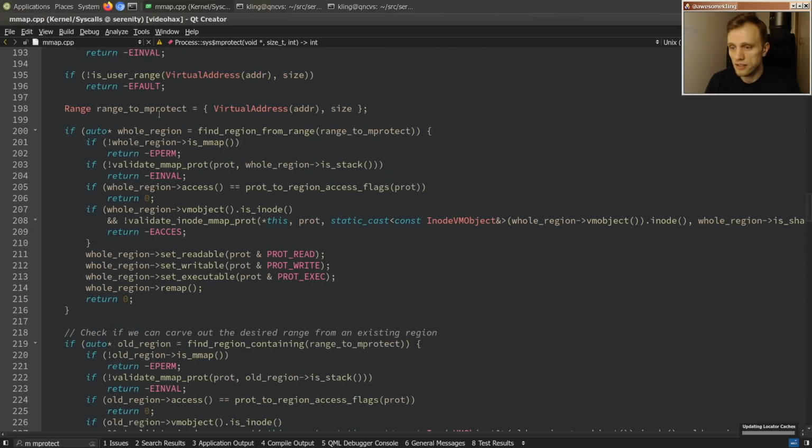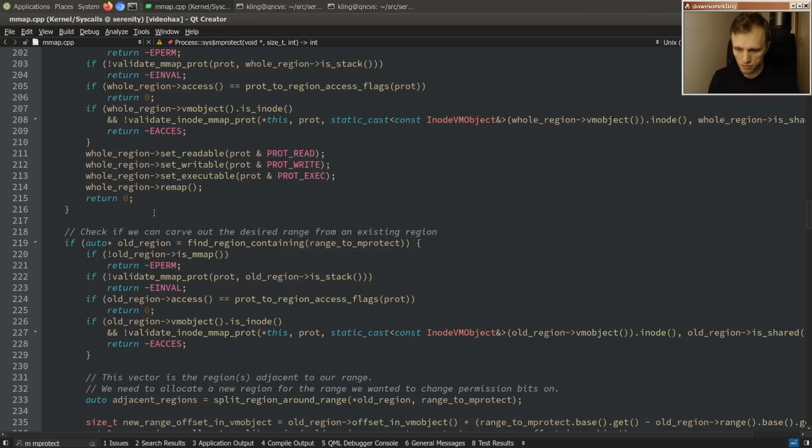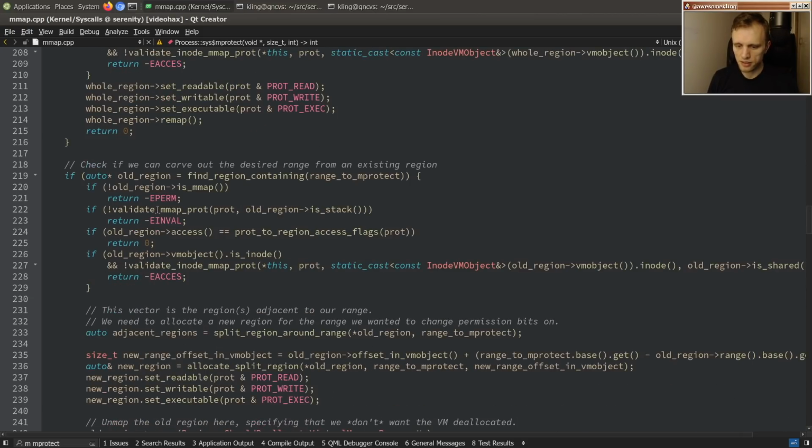And in fact, it has the same behavior as munmap, that if you call it on a slice of a mapped area, then we also have to split it into parts potentially,